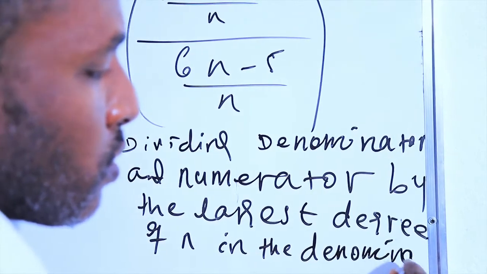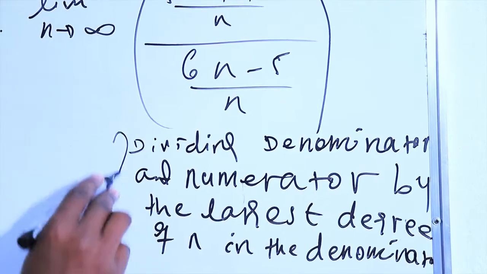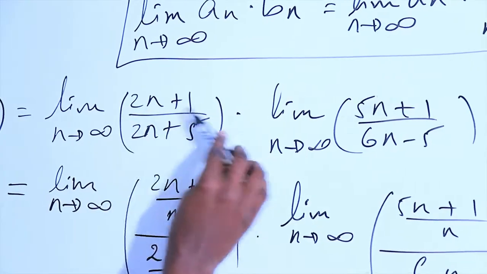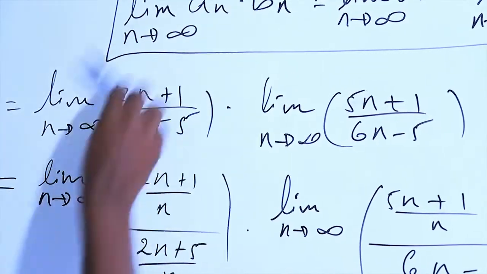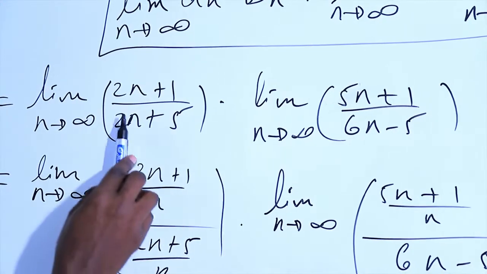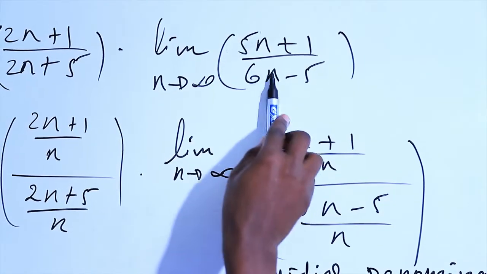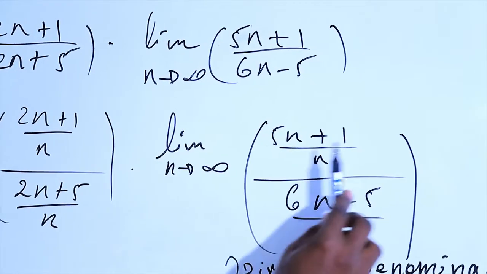This means here, in the denominator 2n plus 5, we can divide every term of this sequence by the value of n, and we can observe 6n, therefore we can divide by n for every term